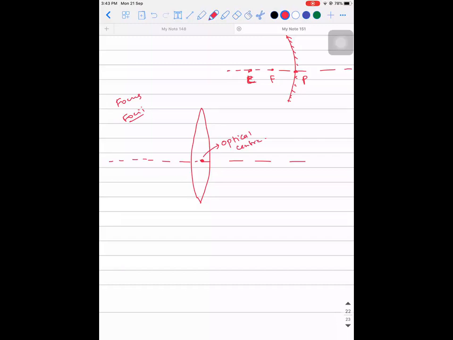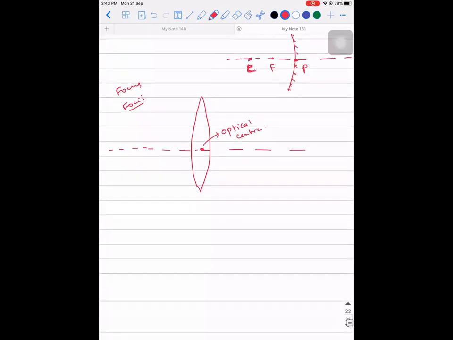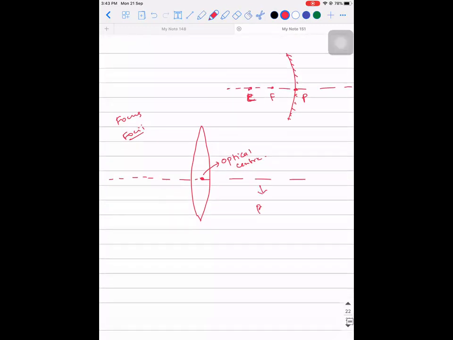When you have a set of rays which are parallel to the principal axis, after reflection, what should happen to them? They should either converge or diverge, and they will definitely meet at one particular point, and the point at which they meet is what is called the focus. And definitely that point will lie where? On the principal axis. Okay, so on the principal axis.